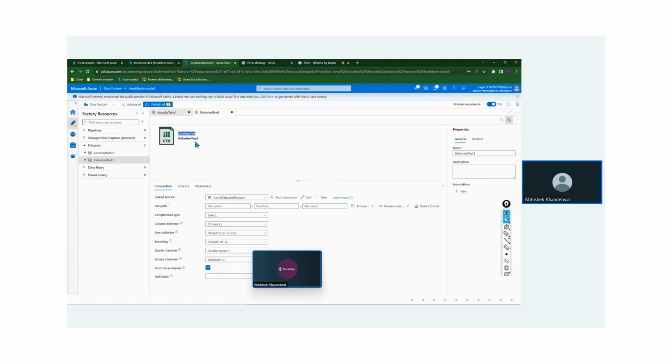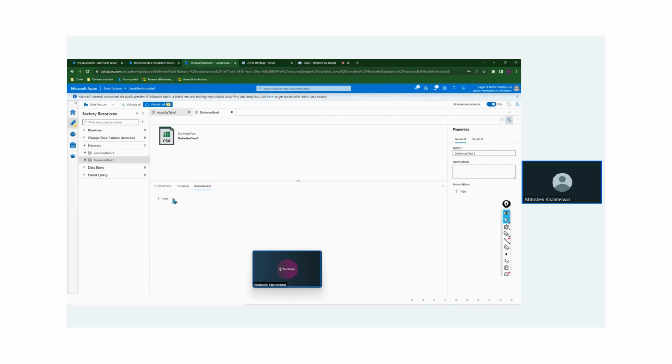Click on OK. And over here, I can add the parameter to this data set. Delimited text one is the data set, so I will add a parameter named dataset_